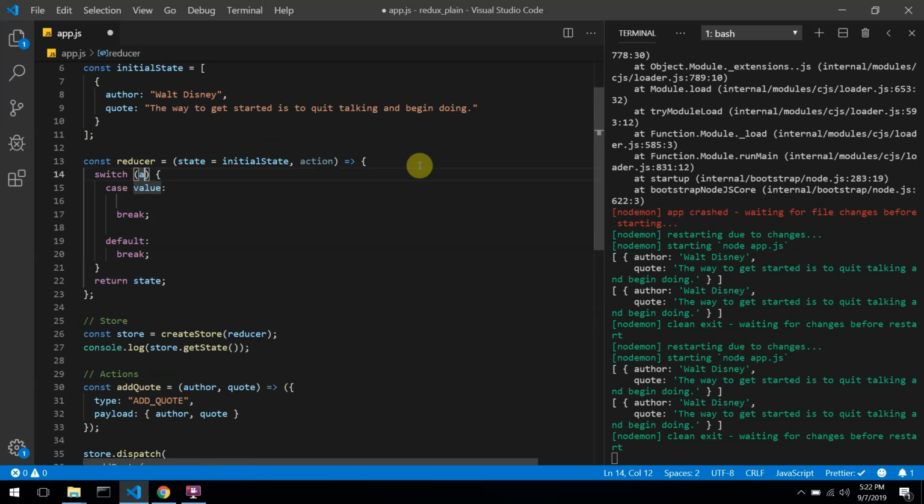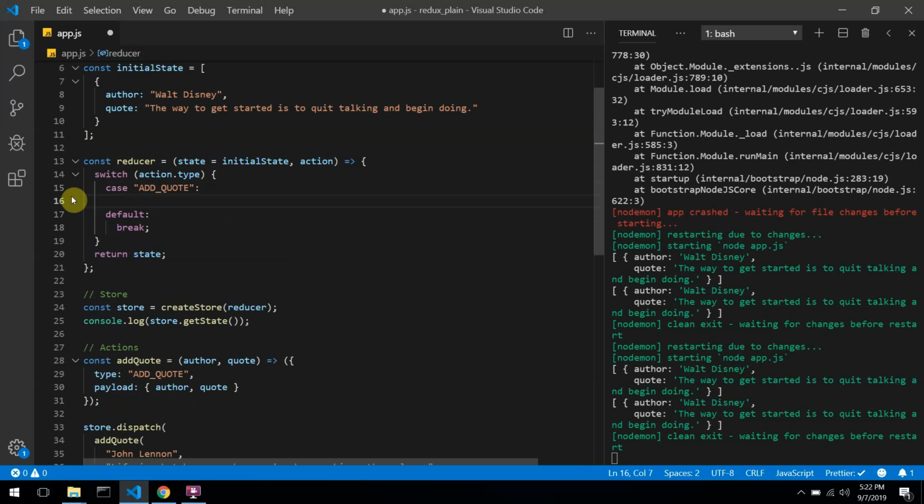And what do we want to check? We want to check the action.type, because every action should have a type property. So we're getting the action from here. So the value we want to check against is what this particular action called add quotes. So we have it. We won't be using the break statement because we can use the return to break out from the function. So what do we want to return? We want to return the previous states